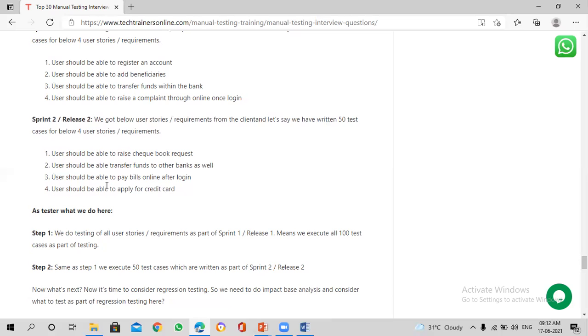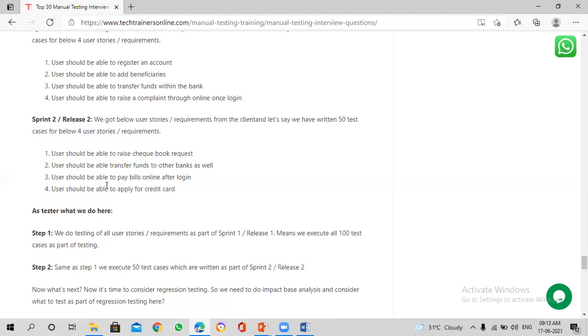Let's say, for example, Samsung released the S9 version. The S9 version will always consist of the features of version 1 to version 8 also. Correct? So once they release the S9 version, let's say some of the features of the S8 version are not working. A lot of issues will happen in the market, right? They released the S9 version, but it has broken all the features of the S8 version. Maybe they would say that regression testing was not done thoroughly. So that's one way of doing it.